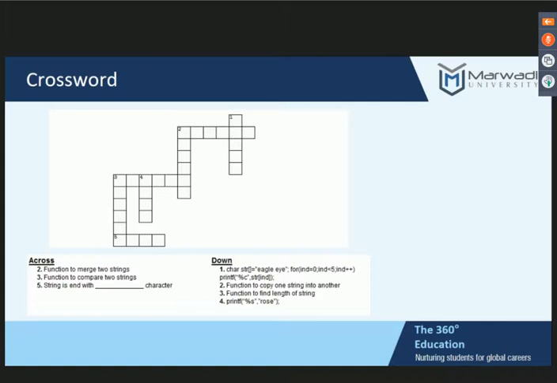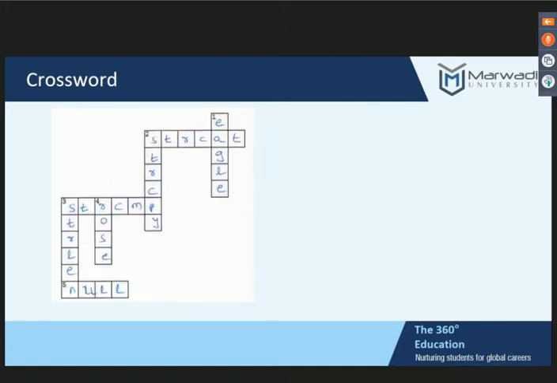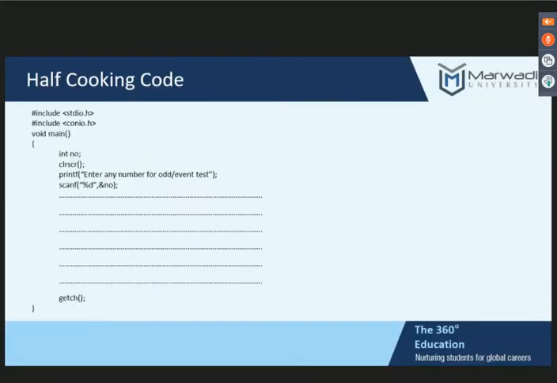Now each question has its own importance. The simple solution we can focus on at the end of the activity. Half cooking code. Generally, in traditional papers, we ask students to write a complete program. So what is happening most of the time is that they focus on the mugging part. They are mugging the code. Instead of that, we can involve students to focus